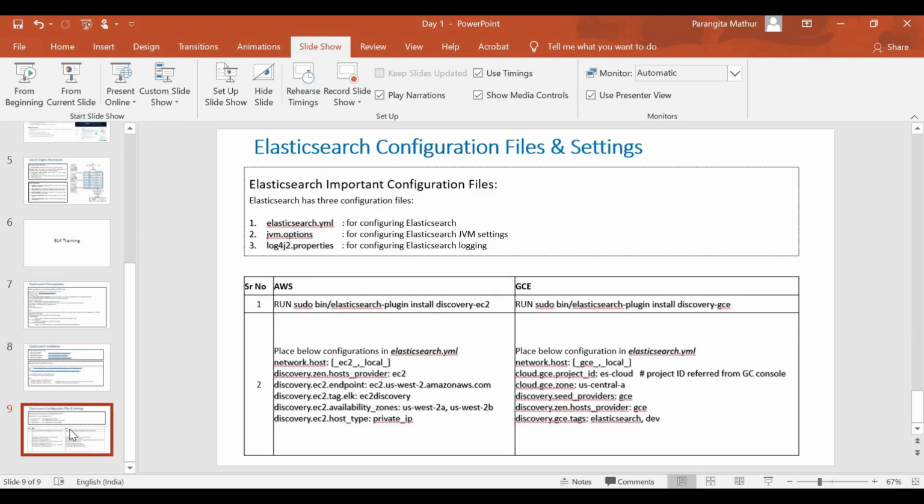In the last, we'll talk about Elasticsearch configuration files and settings, how we can place and change these settings as per our requirement, as per our overall architecture point of view. Apart from that, we'll also discuss a few more settings which are more relevant to AWS or GC environment. Now, what do I mean by AWS or GC? These settings are helpful once you are installing Elasticsearch on AWS or GC. GC stands for Google Cloud Enterprise. So let's start with our session.